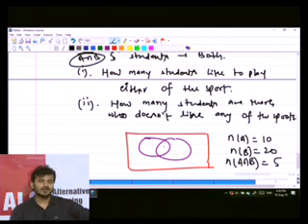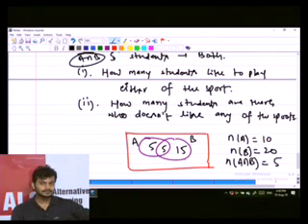So how would you plot them now? First of all, A intersection B is 5. What is the hint I gave you last time? Always start with the most inside part. Which is the most inside part? The common region, the smallest region, which is 5. Now if this is 5, this is A and this is B, how will you get the other entries? The total cardinal number of A is 10, so if we have covered 5, the rest is 5. And in case of B, I can make it 15.